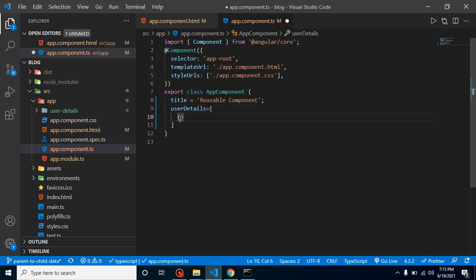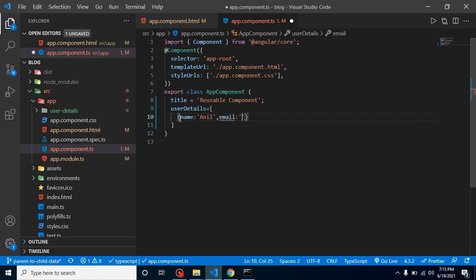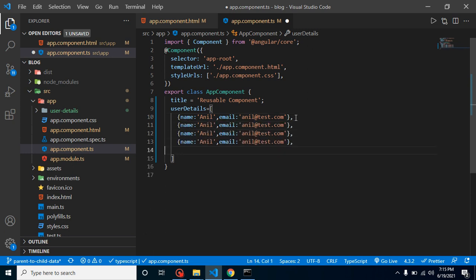And inside it we can put some information like name, let's say Anil with a capital A. After that we can simply define email also, let's say anil@test.com, and let's copy this complete object and create some more objects.